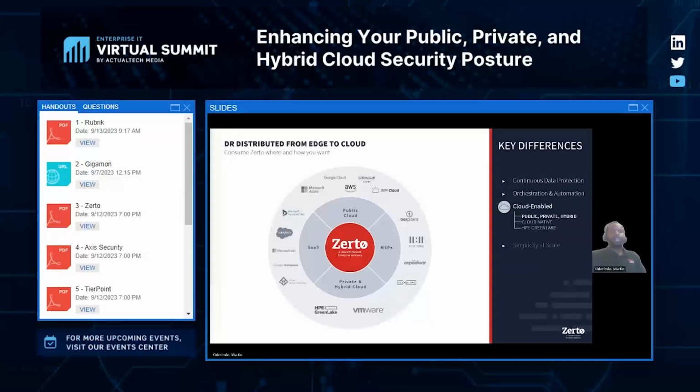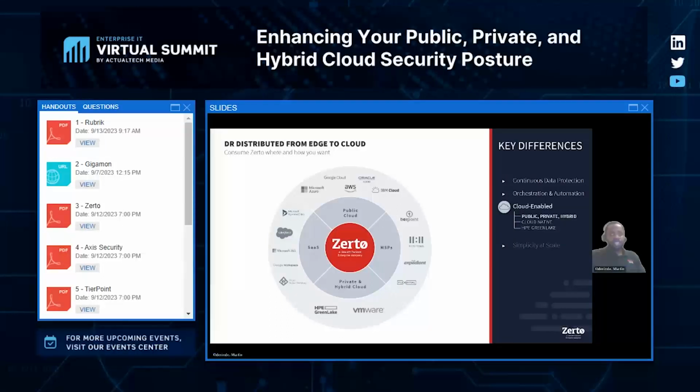Now, when we talk to customers about all the advantages such as CDP, often the follow-up question is where can they achieve this? Oftentimes they're running disparate systems, multi-cloud environments where continuous availability is critical for their applications. And that's where Zerto shines by truly unlocking true hybrid cloud resilience.